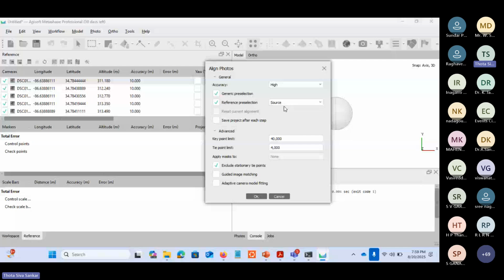And there is a bit more information if you go to the advanced section. That includes the key point limit and the tie point limit. The key point limit sets how many maximum features have to be identified in a particular image, and that has been set by default at 40,000. If you want to increase or decrease it, you can. If you set 0 for the key point limit, an infinite number of